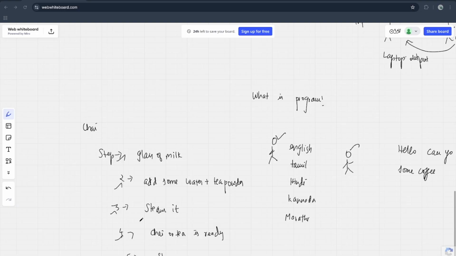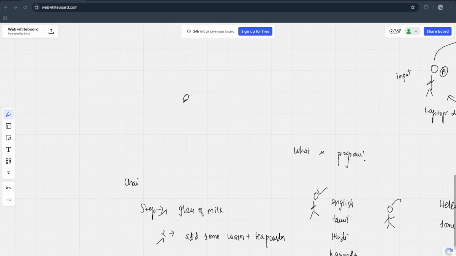Why? To make the computer understand. So this is human, this is machine. We are programmers, and we use programming languages to make systems understand, and that will be converted into machine level languages. After that, it takes an input, processes it and gives the output back. So this is how programming and a program work.